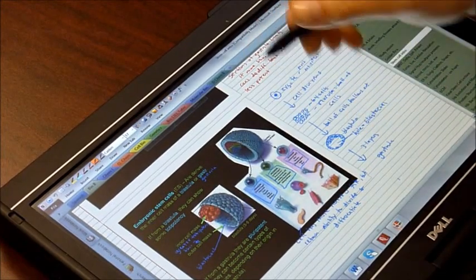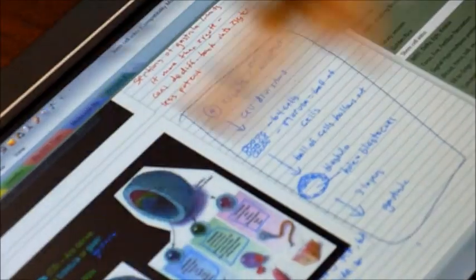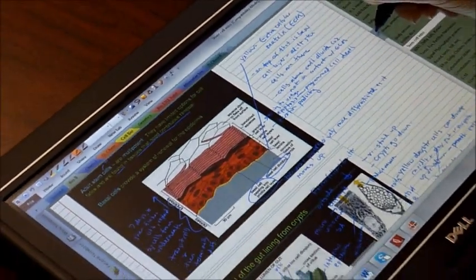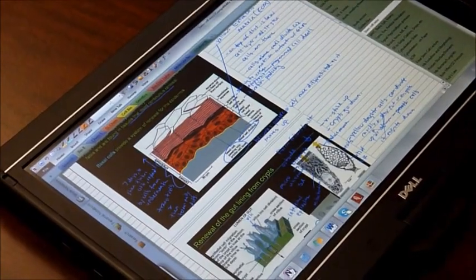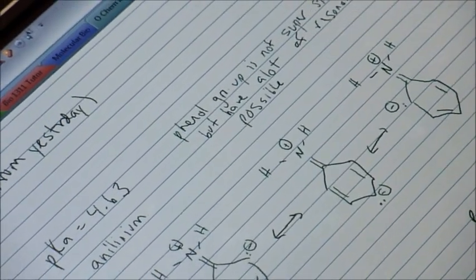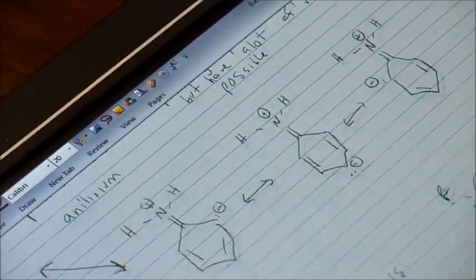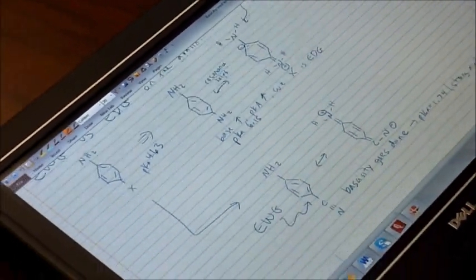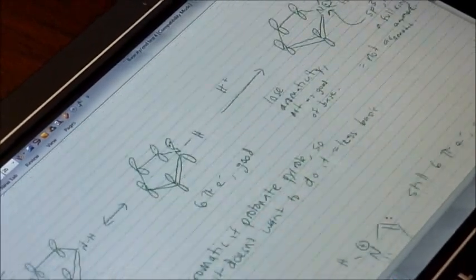So here's examples of what I drew. A professor would have drawn this on the board, and so I would be able to draw it. If you're using your computer just to type, you would have to draw that on a separate piece of paper, and that would make it a lot harder to keep everything straight of what goes with what. Chemistry is a bunch of drawing, and the great thing about being able to do this on my computer is that I can use all these different colors to make my notes very clear when I'm going from one topic to the next. If you were trying to take a note typing, it would be impossible for chemistry.